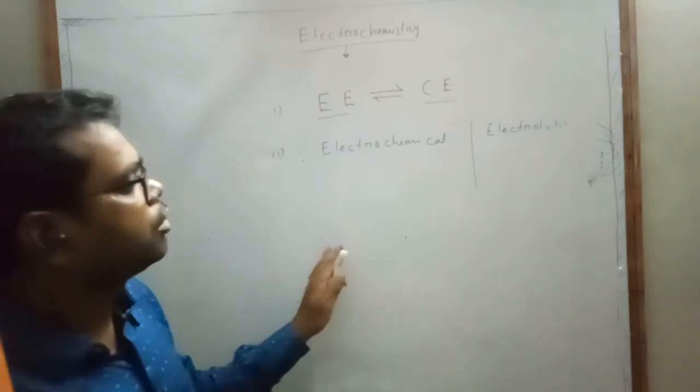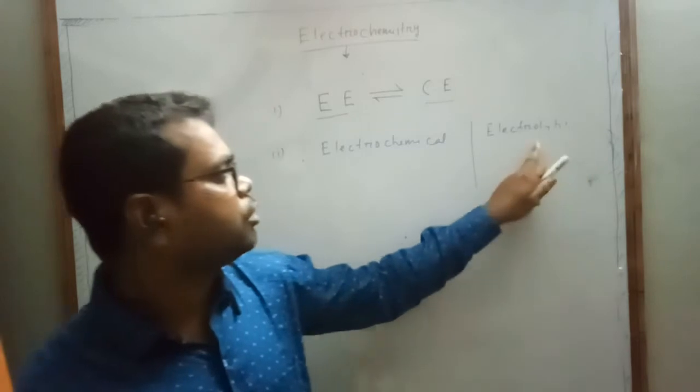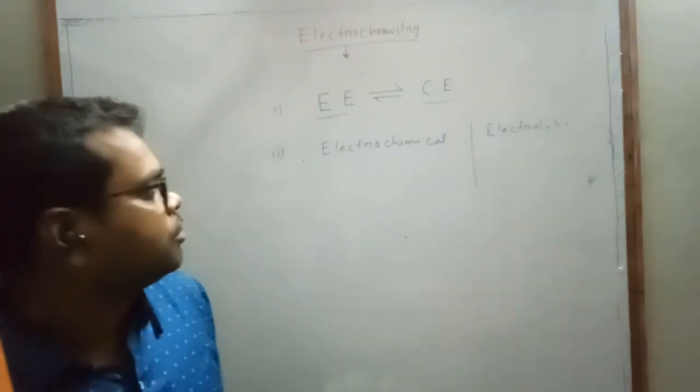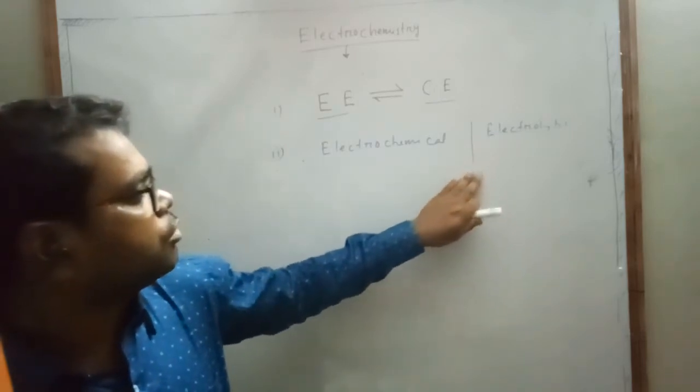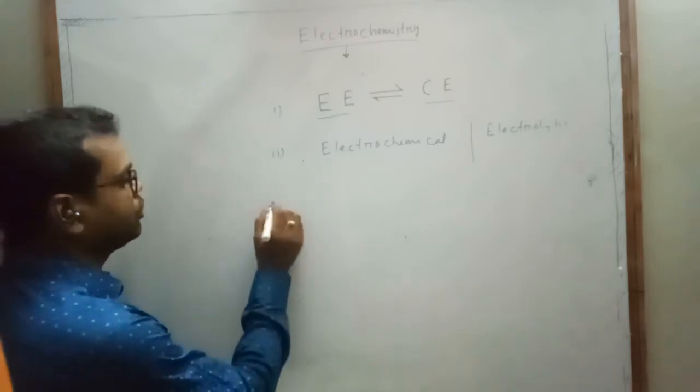So if you want to get hydrogen and oxygen from water, we can use the electrolytic cell. But the cells used in batteries, this is your electrochemical cell. Then after that,